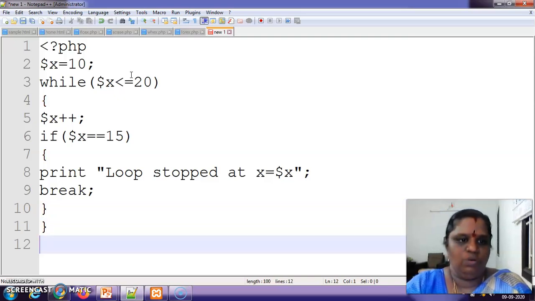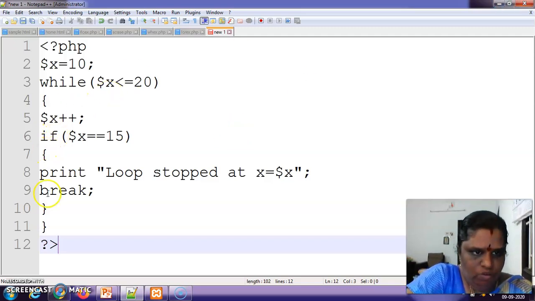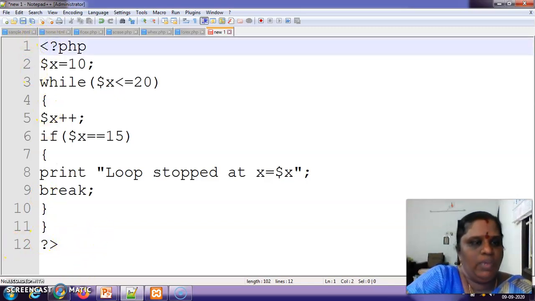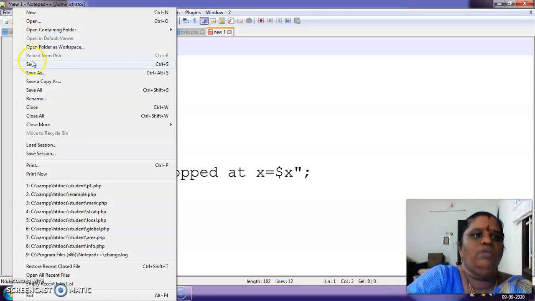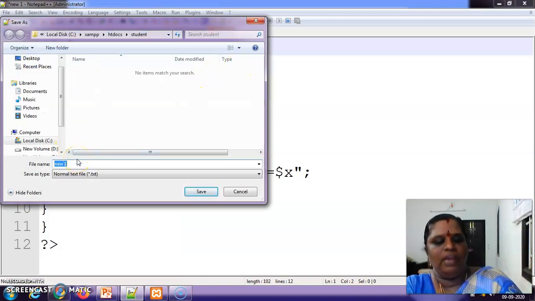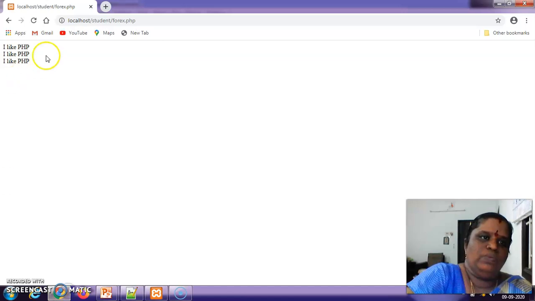And the while also to be closed, and close the program. See here, if statement also should be closed, while also should be closed, and this PHP program also should be closed. Now we are going to save this program as our break statement, br.php. We are going to run this program.